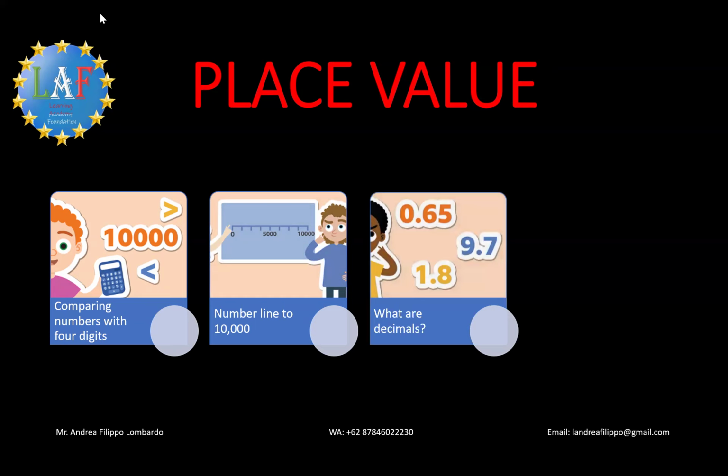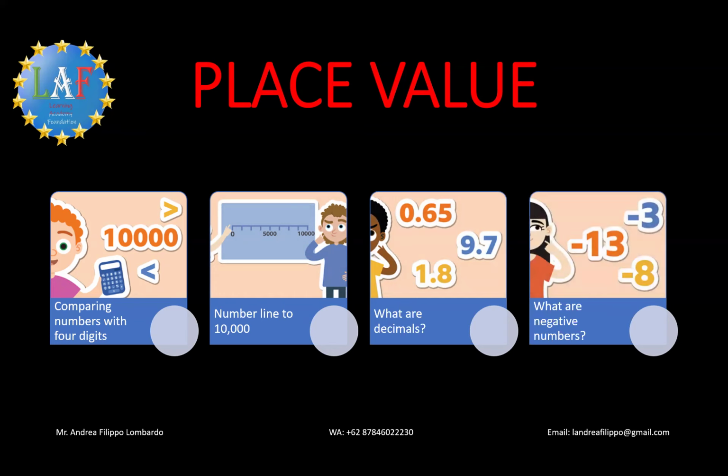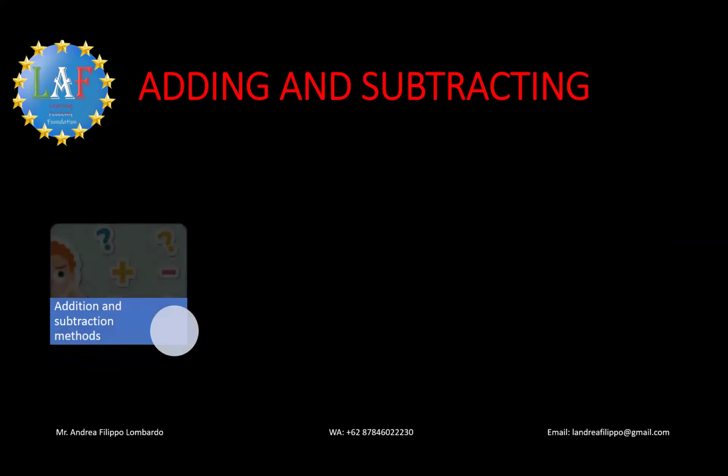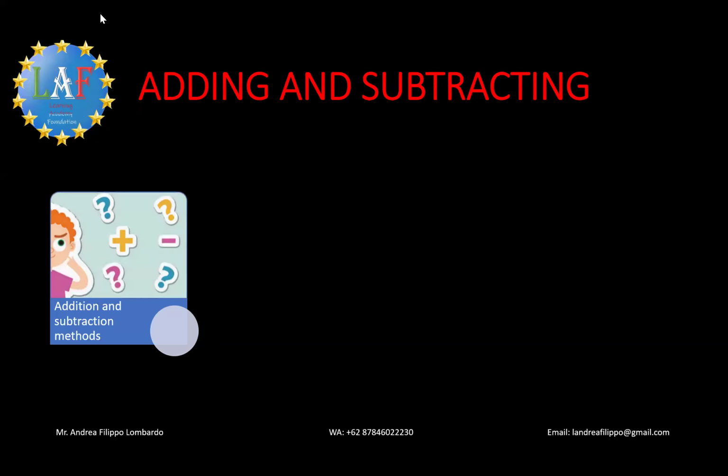They will learn how to estimate and label numbers up to 10,000 on a number line. They will find out how to write decimals using tenths and hundredths, and how to count backwards from zero and order negative numbers. After place value, the next section will be about adding and subtracting, where the students will learn about efficient addition and subtraction methods,